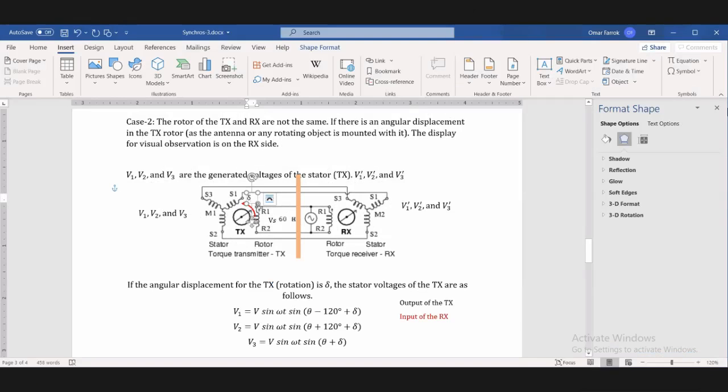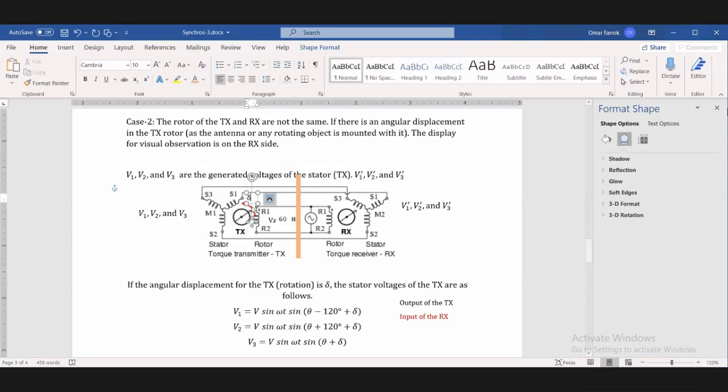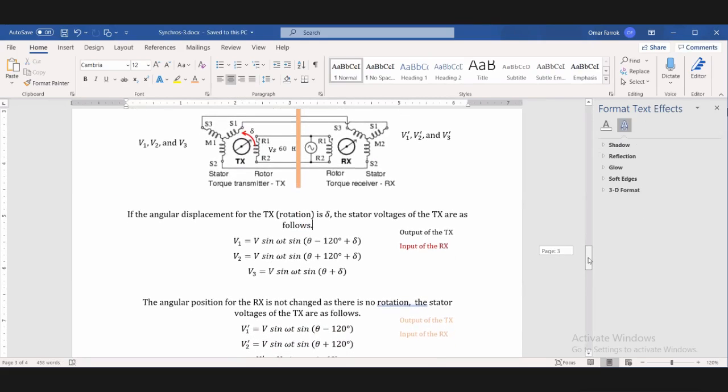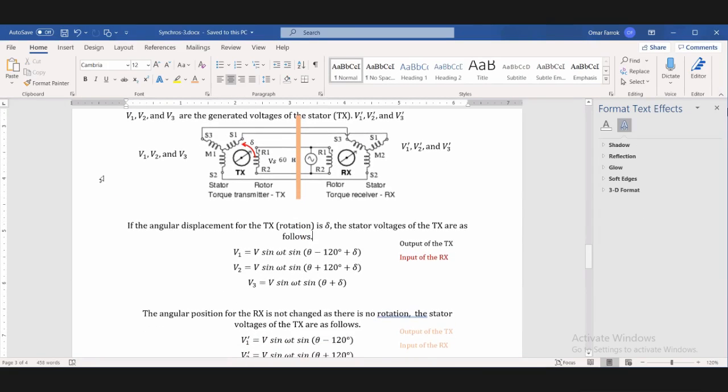তো এখন এই ডেল্টা পরিমাণ সে শিফট হয়ে গেল তার আগের অবস্থান থেকে। এখন আমরা এটাকে কিভাবে এক্সপ্লেন করব, এই জন্যই হলো কেস টু। কেস টুতে এখানে ডেল্টা পরিমাণ শিফট হয়েছে আর কেস ওয়ানে কোনো প্রকার শিফট হয়নি। তাহলে এবার আমরা এটা এক্সপ্লেন করি যে এখানে V1, V2 and V3 are the generated voltages of the stator, that is in TX side, and V1 prime, V2 prime and V3 prime are now the receiver side. তার মানে রিসিভার সাইড এবং ট্রান্সমিটার সাইডের মধ্যে ভোল্টেজ আমাদের কিছুটা চেঞ্জ হয়ে গেল,